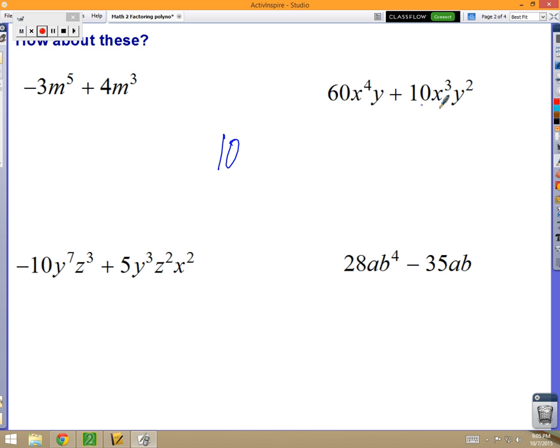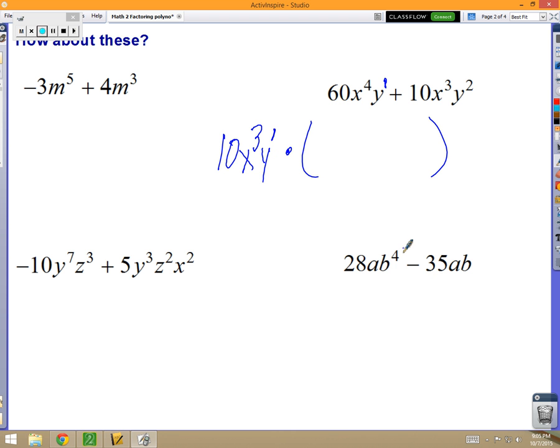Okay, now let's look at your letters, your x's. I've got 4 x's right here and I've got 3 x's here. So I want to pull out as many from both as I can, and the greatest amount I can take away from each is x cubed. And my y's, I've got y to the 1 here and I got y squared there. So the greatest amount of y's I can pull out from each is just going to be y to the 1. So this is one of my factors. This is the greatest common factor. So I'm going to multiply it